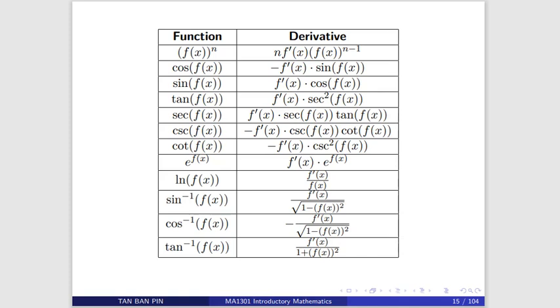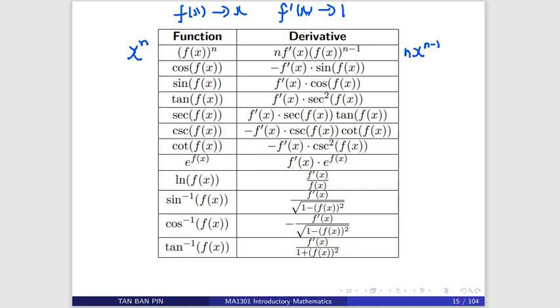You can change this to the normal formula. You can change this to differentiating x to the power n, which is actually n x to the power n minus 1. You just replace f(x) with x, and all the f prime x, you just change it to 1, so it's like you omit it. So f(x) becomes x, giving x to the power n. And f prime you just take as 1, so it's like you delete it. So it's n x to the power n minus 1. That will be the usual formula given in textbooks.